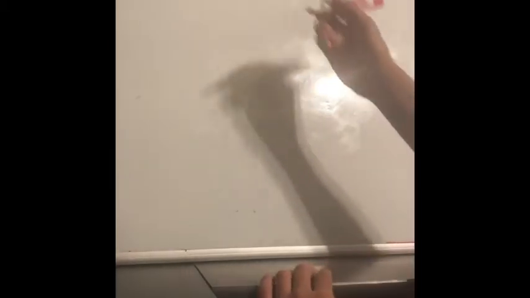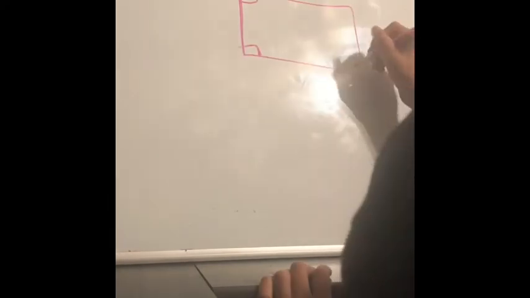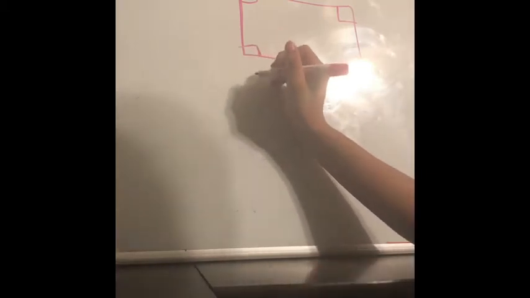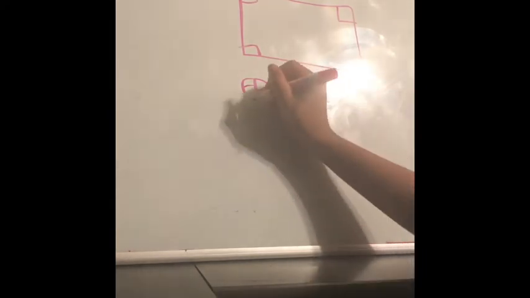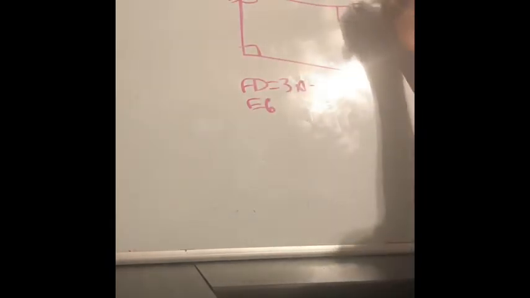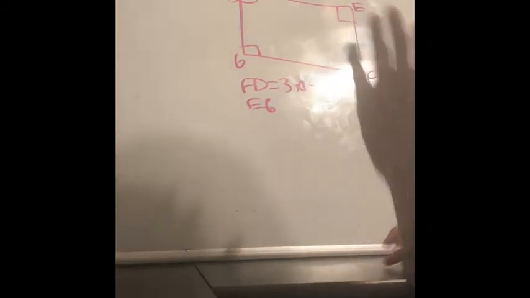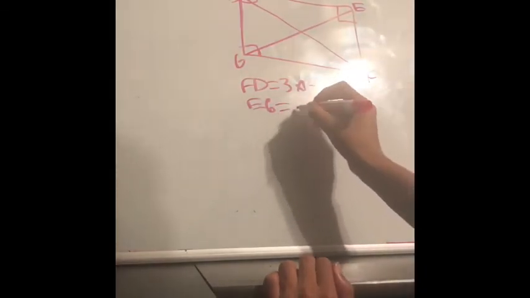So let's go ahead and do an example problem. To draw the rectangle. My drawings aren't that great, by the way, but I try. Okay. So if FD equals 3x minus 7 and EG, oh, I'm sorry, I didn't label. DGF. Okay, that's your labels. And it's also bisecting. Okay. EG equals